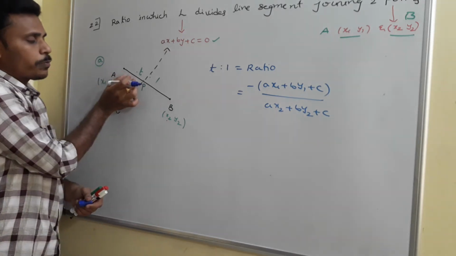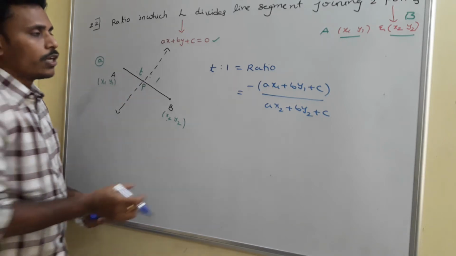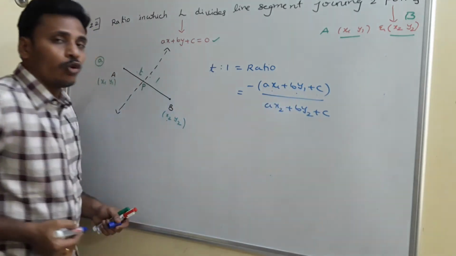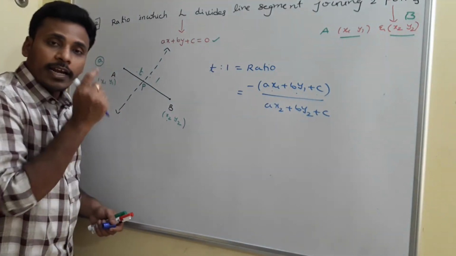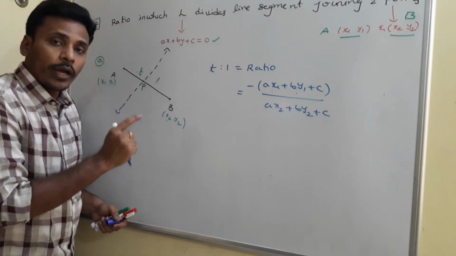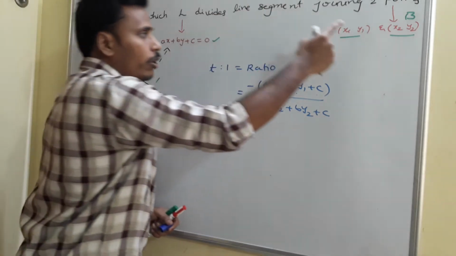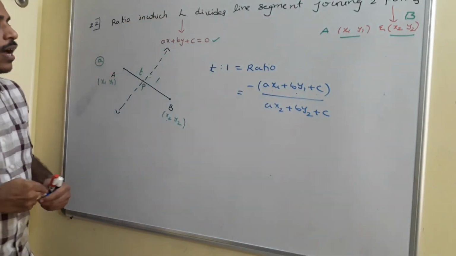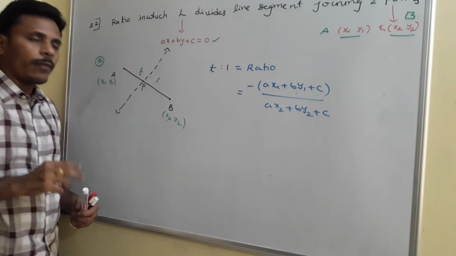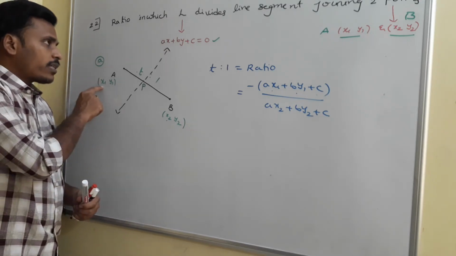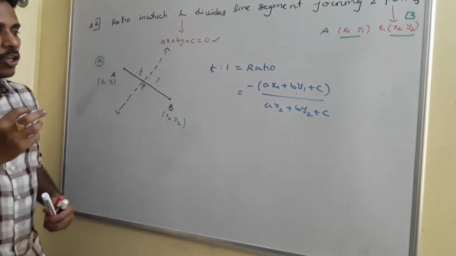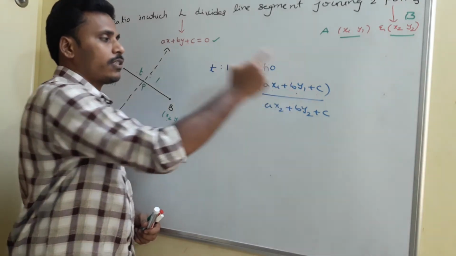See, in this direction, this part is 2 units and this part is 1 unit. So this is minus of that, and this ax1 plus by1 plus c, if you look there, is nothing but a number which is obtained by replacing the x coordinate and the y coordinate of the given line with the point A. Once again I am repeating. I have the line L, ax plus by plus c is equals to 0, and we have the point A, x1, y1. If you replace x1 in the place of x and y1 in the place of y, then you will get ax1 plus by1 plus c.